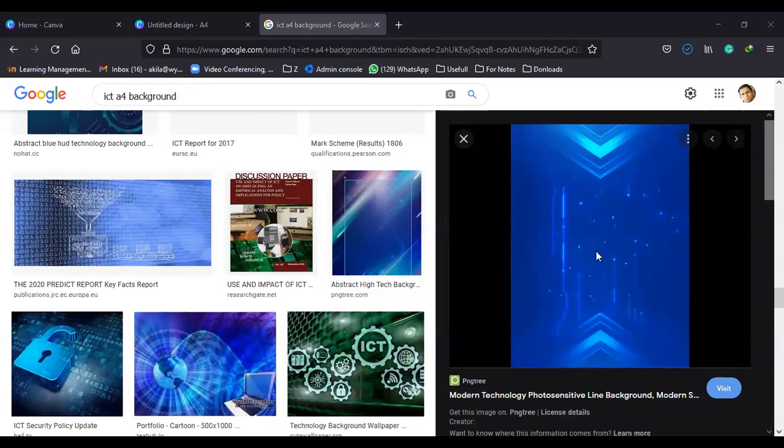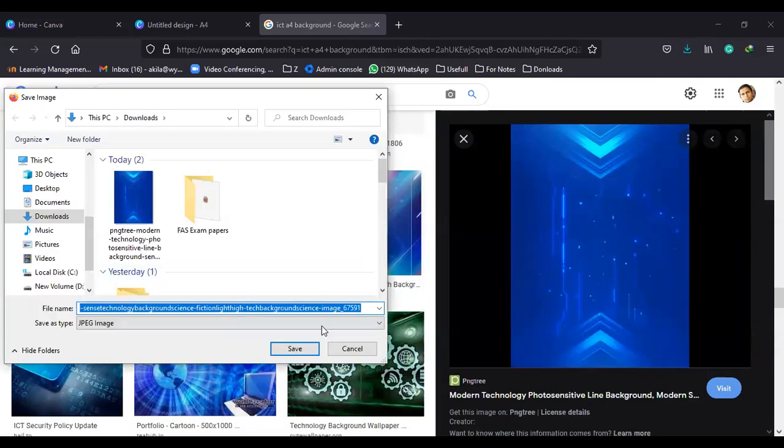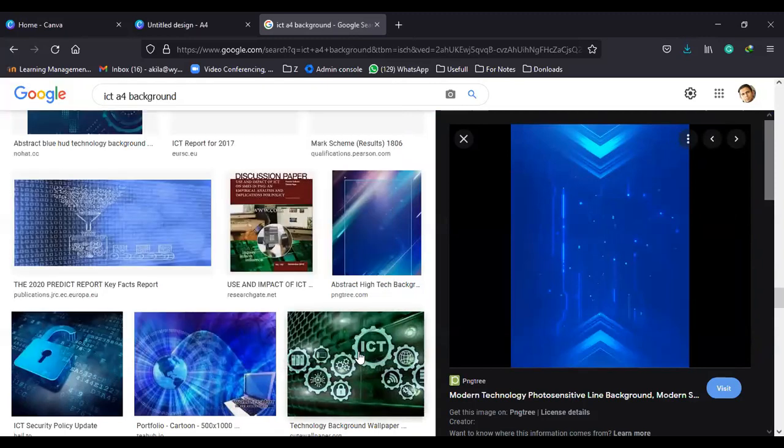Right, I'm going to download that. Save image as and save it. Right, Aaron, just find the image. Or you can choose the image from background as well, right?